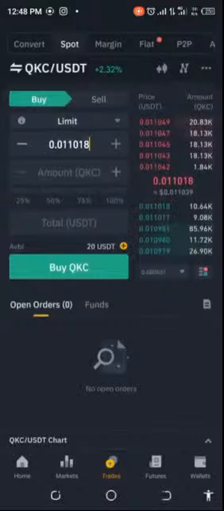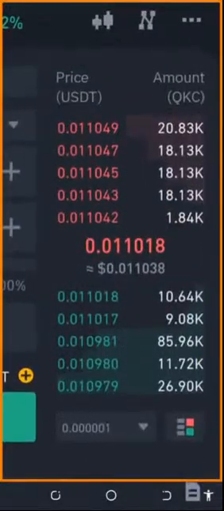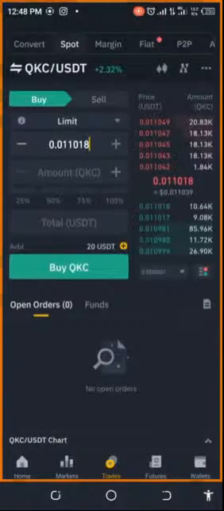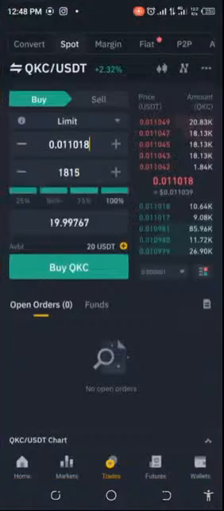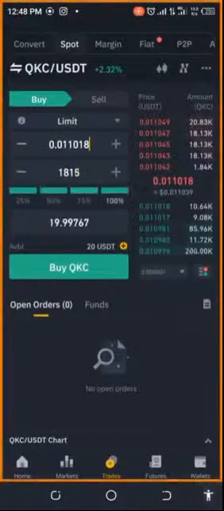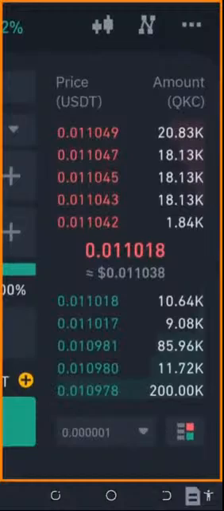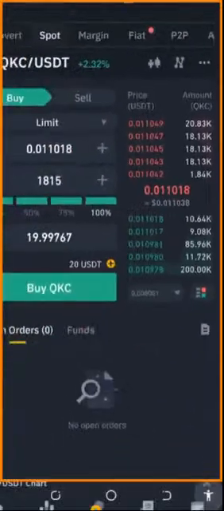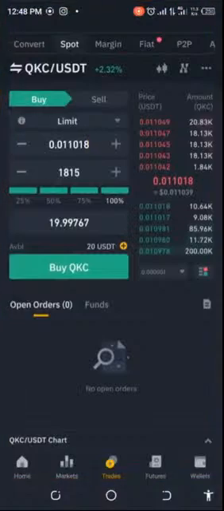Now, before you go ahead, I want to show you something here. What we want to buy is 1,000. Let me check that again. What we want to buy is 1,815. So now let's take a look at this. Now, if we see here, we have 1,840, which is still okay. So it's still on the amount that we want to buy. But now, because we want to get it bought immediately,